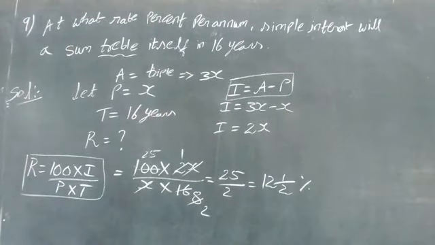So this is about the sum where the amount is given in the form of triple. We have to take triple as 3x. 3x minus x is 2x. By doing substitution, the answer I got is 12 1 by 2 percent. So the next sum is